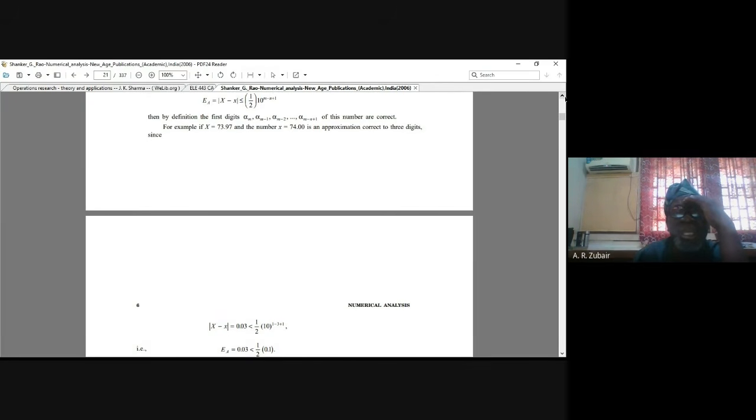In this case, m is the place where we are approximating. This is 73.97. It is the third location that we want to approximate. So if that is the third location, which means